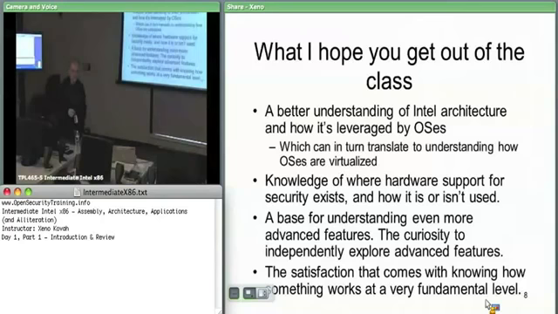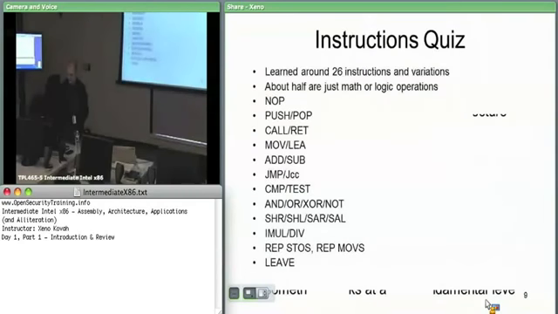And most of our examples are security examples. So it's especially good to know where the hardware is actually enforcing the security. And just to get you curious and want to keep digging in more for whatever I don't really cover to your satisfaction. All right, so before we begin, we're going to do a quick quiz on the instructions